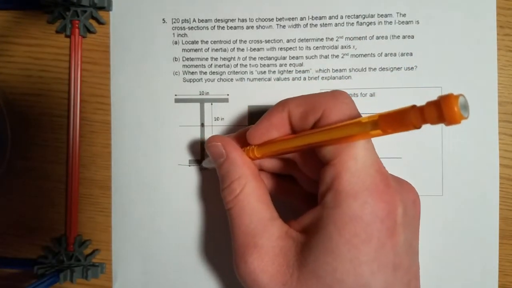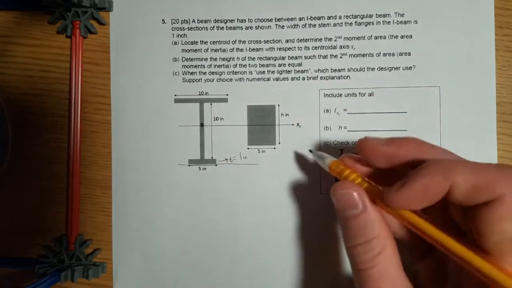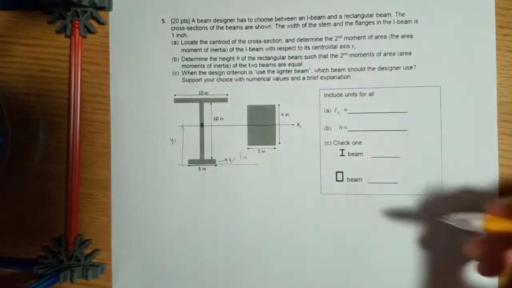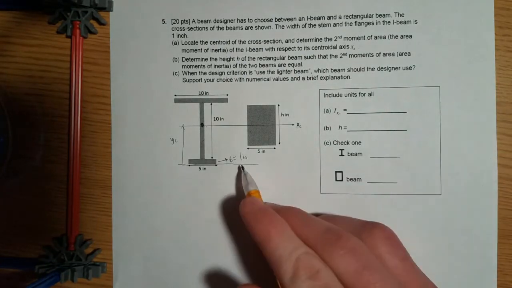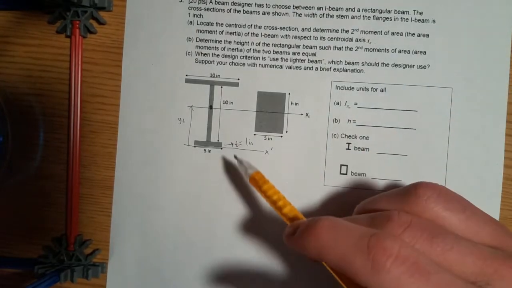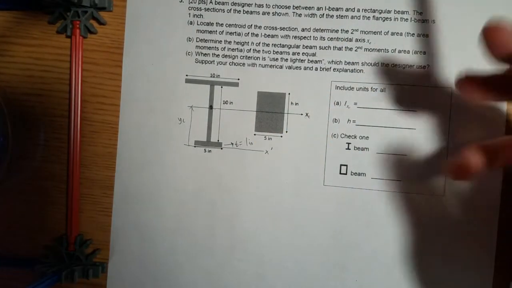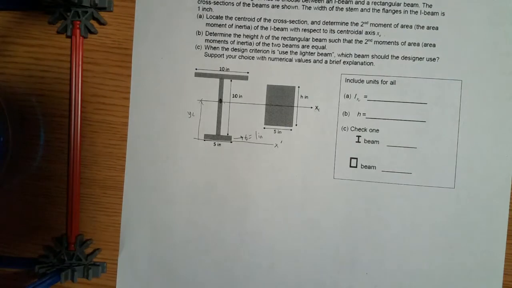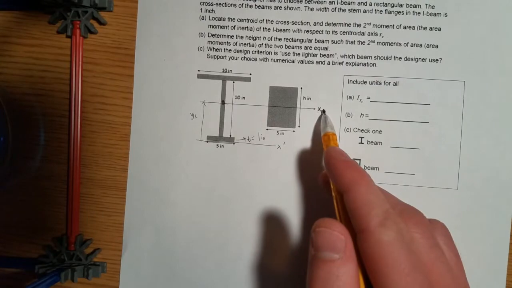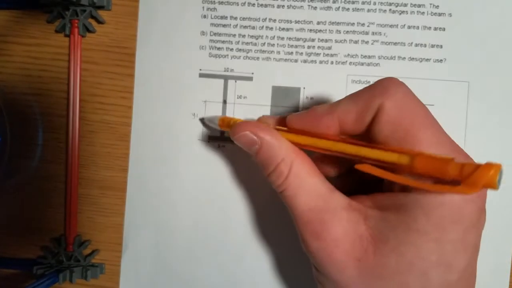So I'm going to go ahead and draw another thing here. And we can label this as, let's say YC maybe. Something along those lines. And we can label this maybe as X prime. This is just to help us see what's happening exactly. But what we need to know for finding the centroid is... well, this centroid here, even though the axis is XC, it's actually going to be at a distance YC,